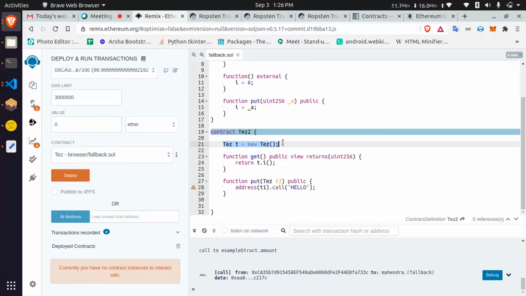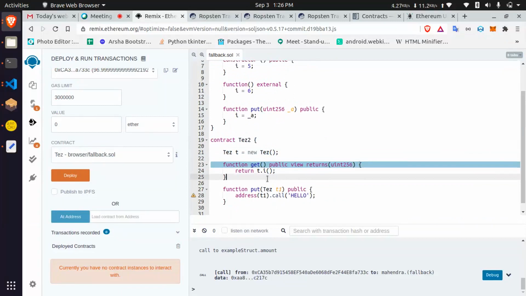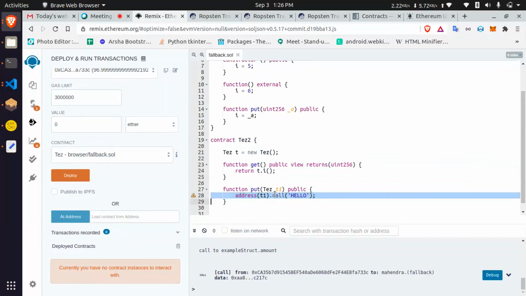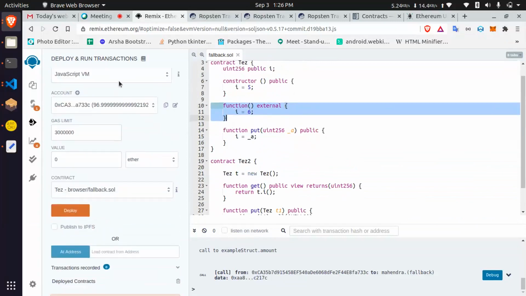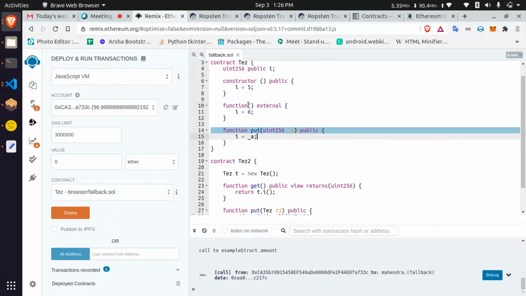Here I am deploying a new contract, and then I am trying to call that function with dot call, but there is no such function. So automatically the fallback function will get initiated. Let's see the example. The fallback function is like an empty function without a function name. Just creating it like this.